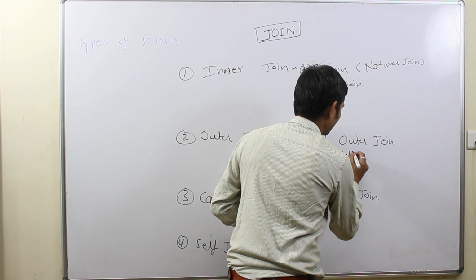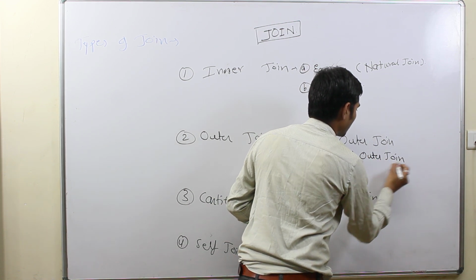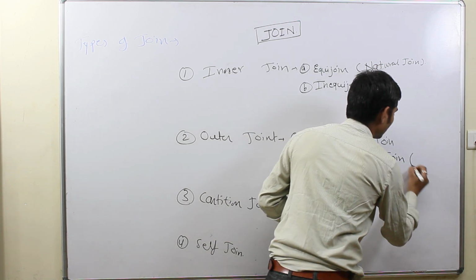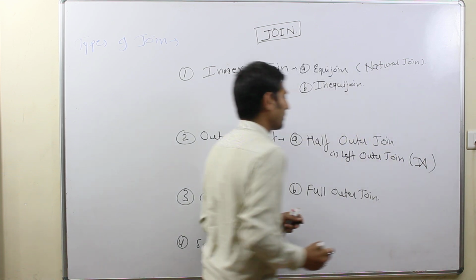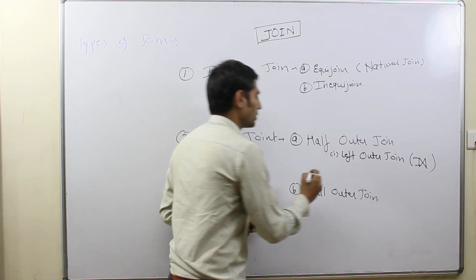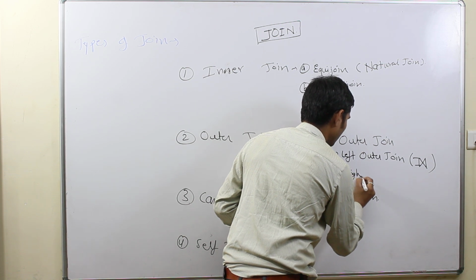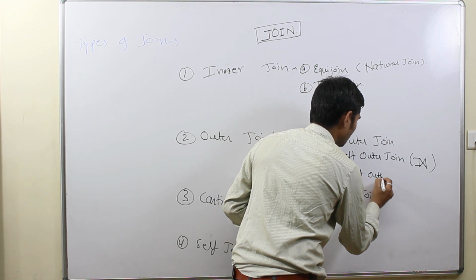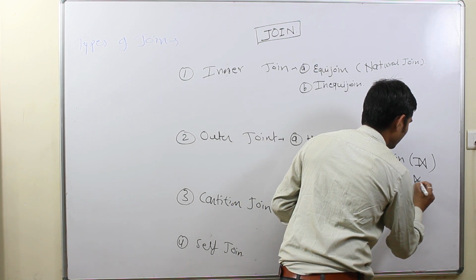Left outer join, that is denoted by, and right outer join, that is denoted by,